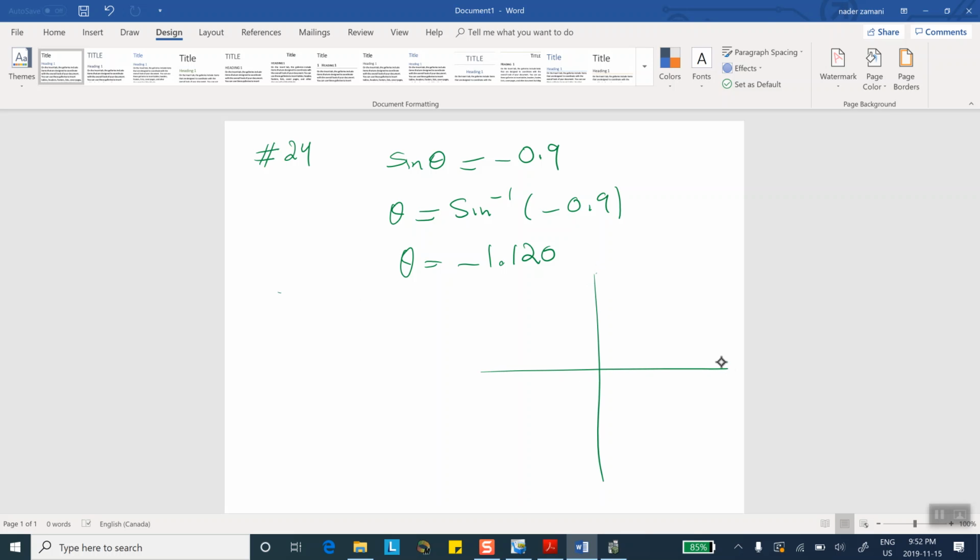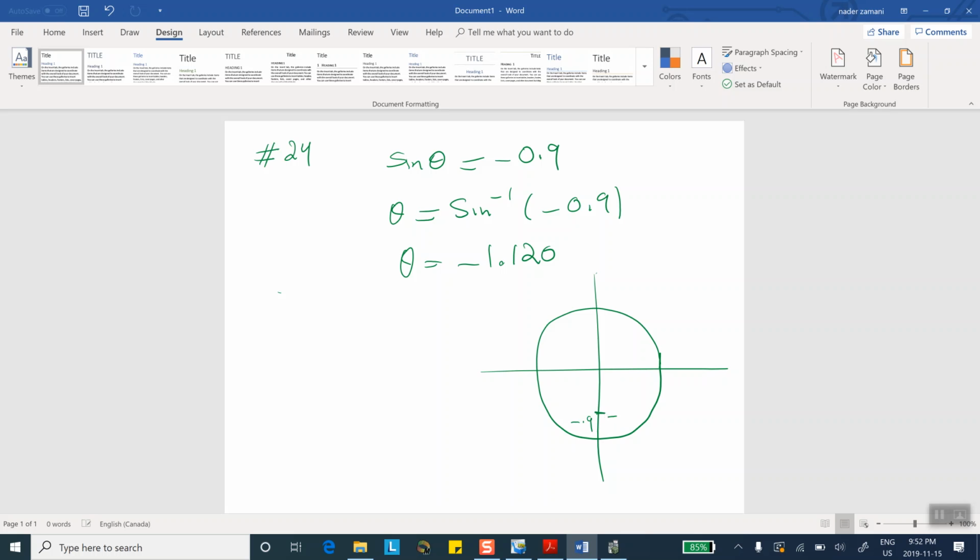I can do that actually in the trick for sine and cosine. I can use trig circles, or the graph of the sine function. But for tangent, it may be better if you use the graph of the tangent function instead of the trig circle. But here's the situation. So you got minus 0.9 right over here,